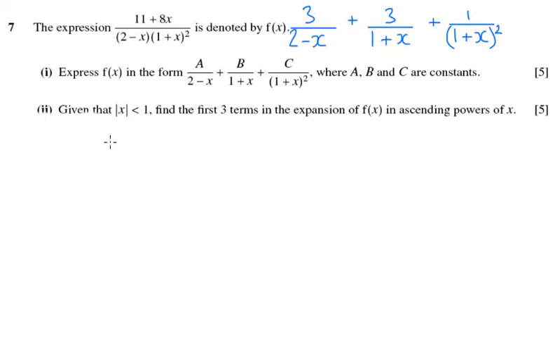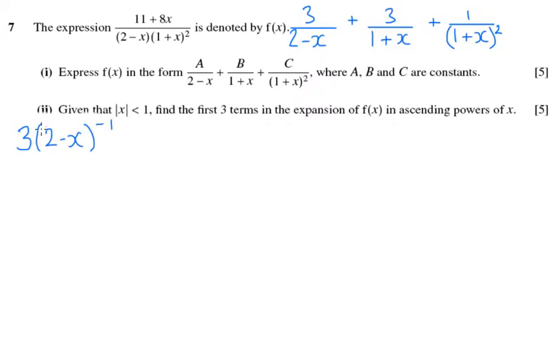Okay, so question part 2 wants us to find the first 3 terms of this expansion. So we're going to have to expand all 3 separately and then add those components together, which is a bit of a pain, but we can do it. So I'll deal with the first one first, which I'm going to rewrite as 3 times 2 minus x